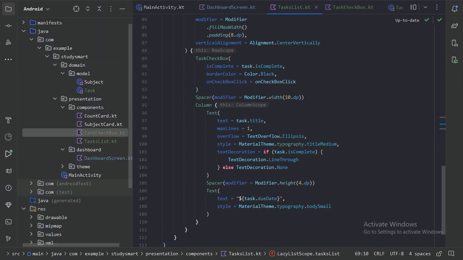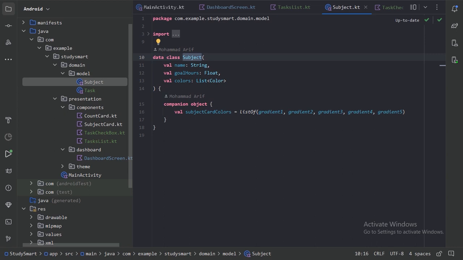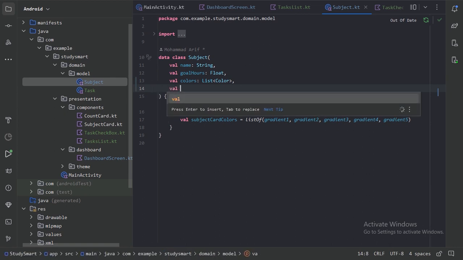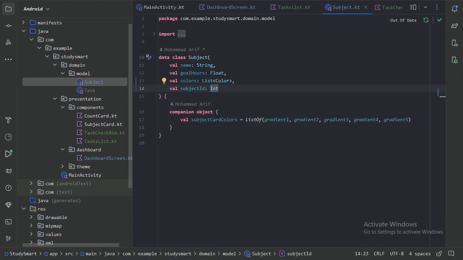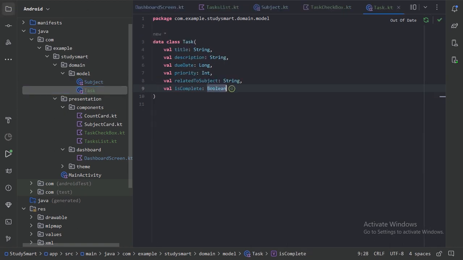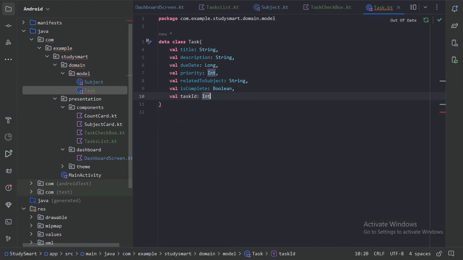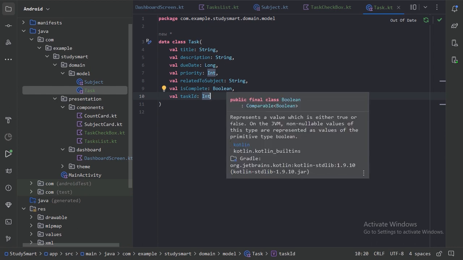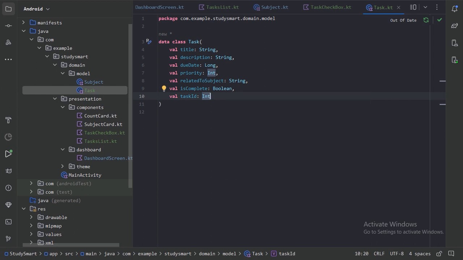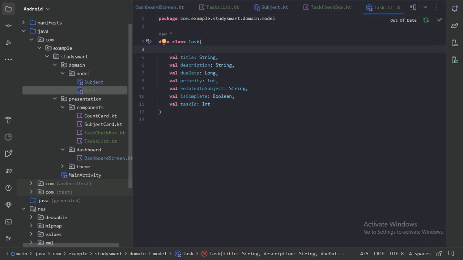Let's go to this subject data class first. In this subject data class, we also need to keep a subject ID for each subject, so we can distinguish between these subjects. So let's create one more value for that. And in the same way, let's go to the task data class, and here let's also make a task ID, because each task will be associated with a subject, so we will keep the subject ID also in this task. So here let's also create one more value